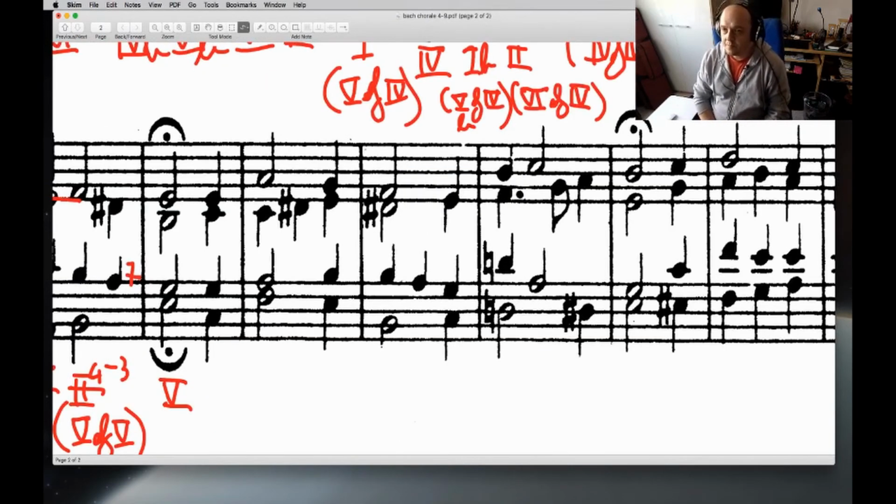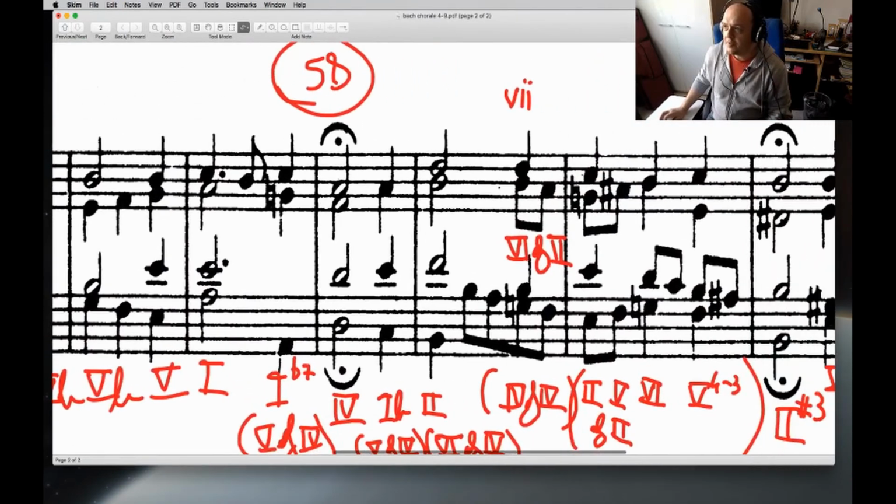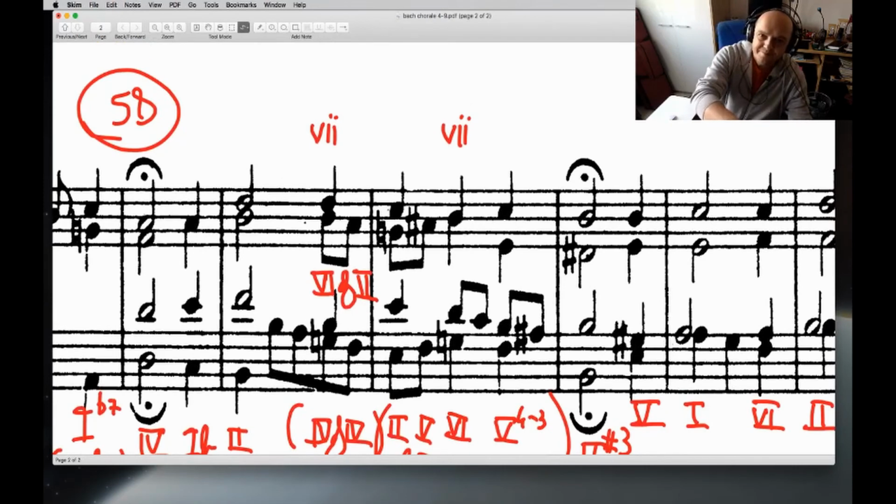Next phrase, tune. Something that jumped on my mind right now. A couple of phrases ago. Here. In the alto, we have